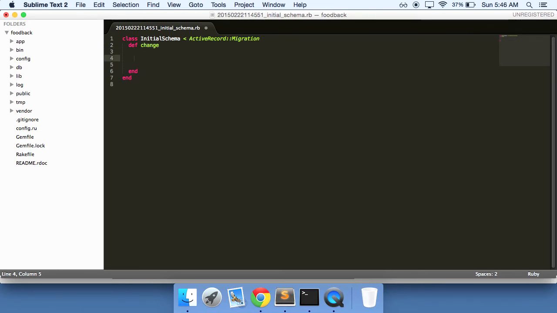Now, let's think about this for a little bit. We're going to have a few different things, right? We're going to have a restaurant, we're going to have users, and those users are going to be able to post reviews of those restaurants. So we've got three things going on there. Let's start off with the easiest one. So we'll do create table restaurants, do t end it, and what do we need here? We need a name,